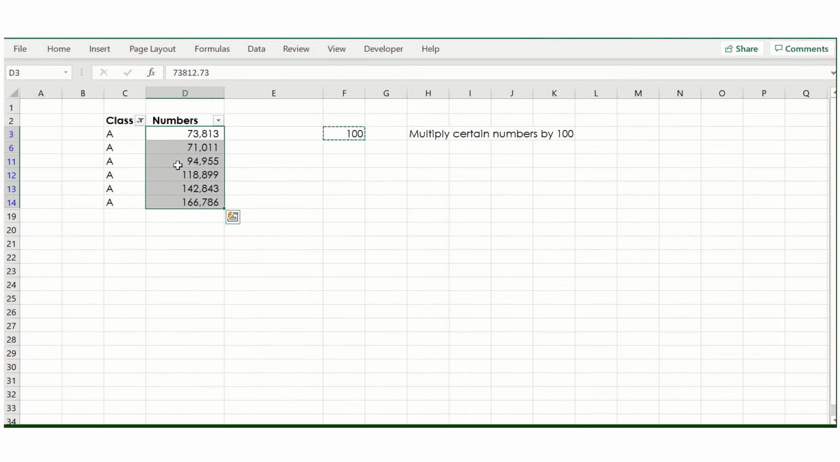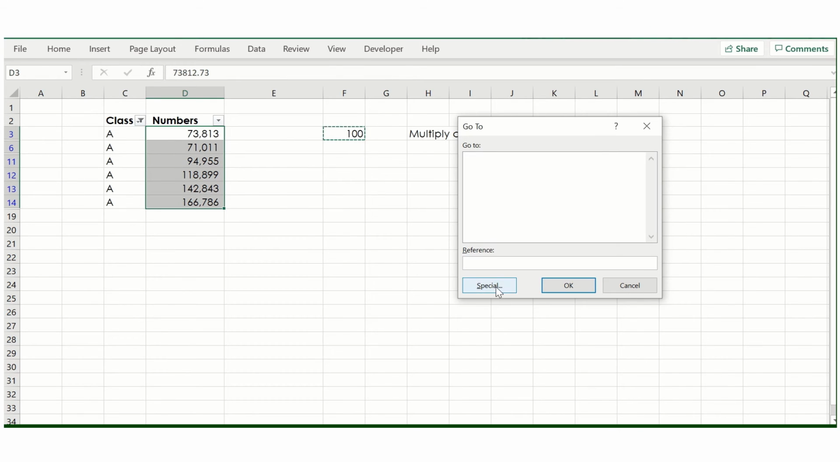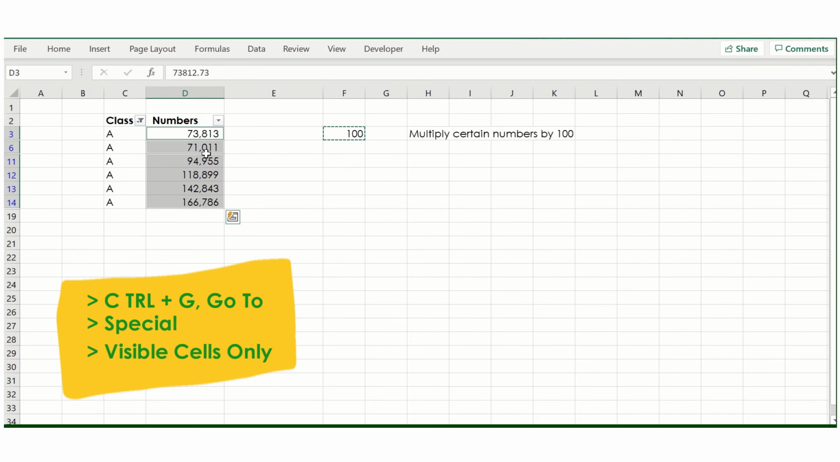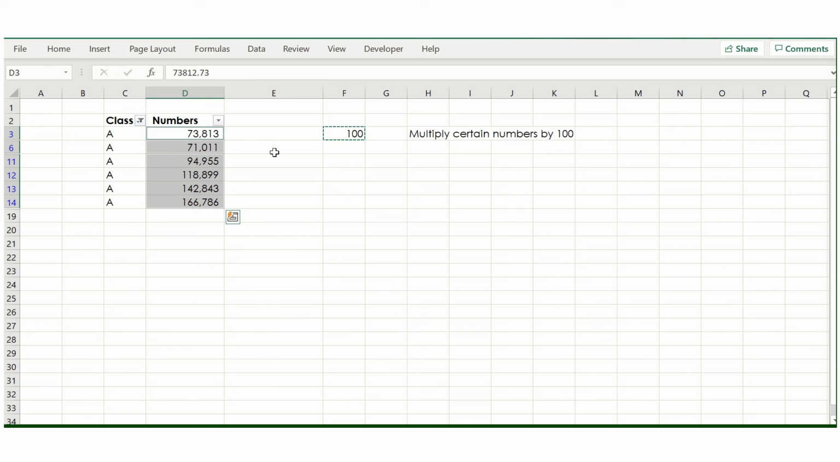In order to do that, I would do Control G, special, visible cells only. Okay. This will help us to avoid performing multiplication in those hidden cells. And then